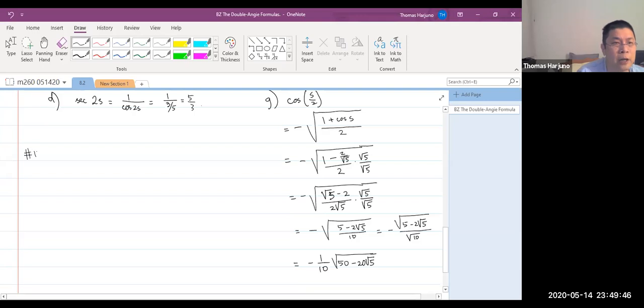Number 10, we have cosine theta equals 2 over 5, and theta is in quadrant 4. And then the question is find